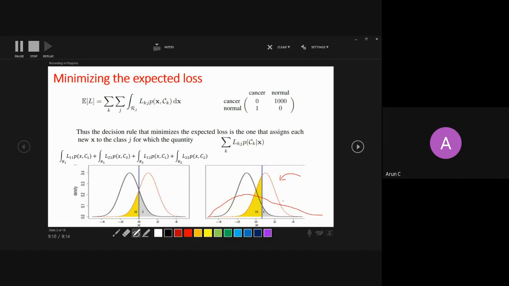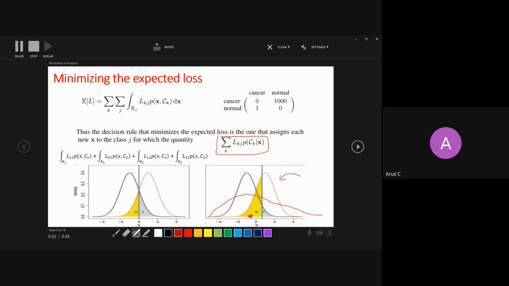You want to classify any x. You are standing here, and you want to classify which class this x belongs to. So you compute this expression, or penalty, for each class, and for whichever it is minimum, you classify this x to that particular class. You will understand it; it is very easy and intuitive.